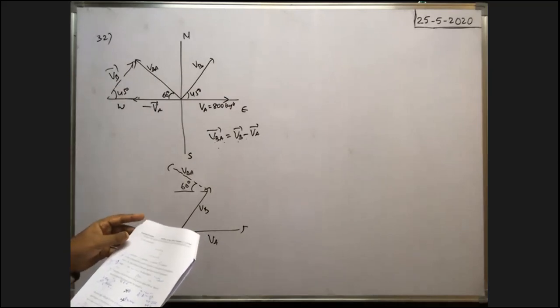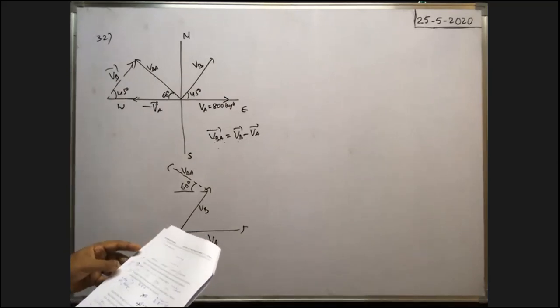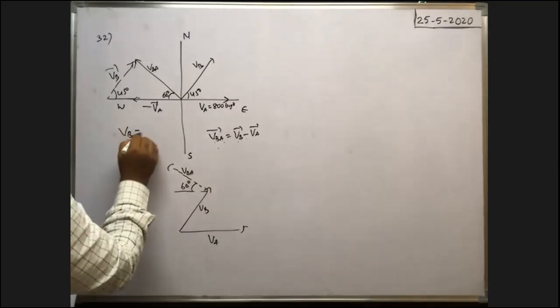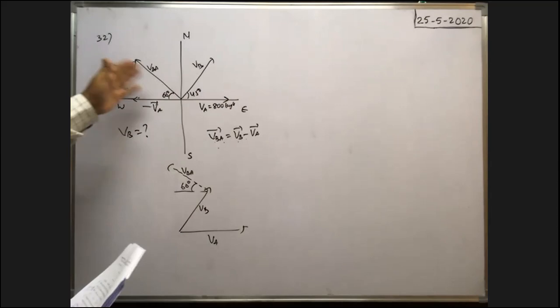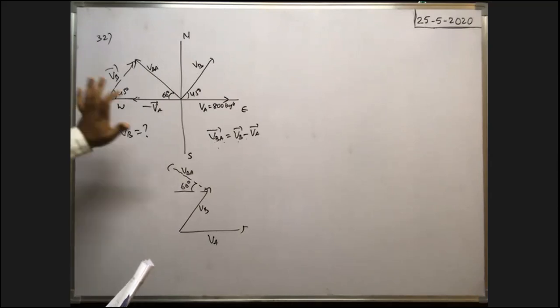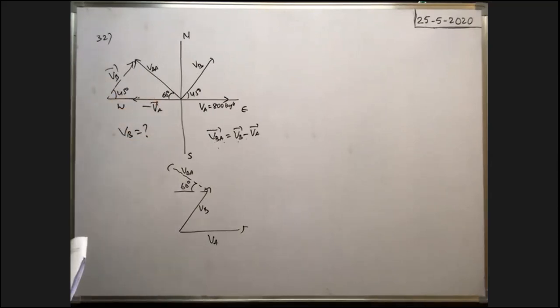Now we need, what is the velocity here, what they asked? Here, the true velocity of B. That means VB they asked. What is VB? Tell me from the diagram how we can find. We need VB only. VA is given, these angles are given, that's all. You take Lami's theorem.